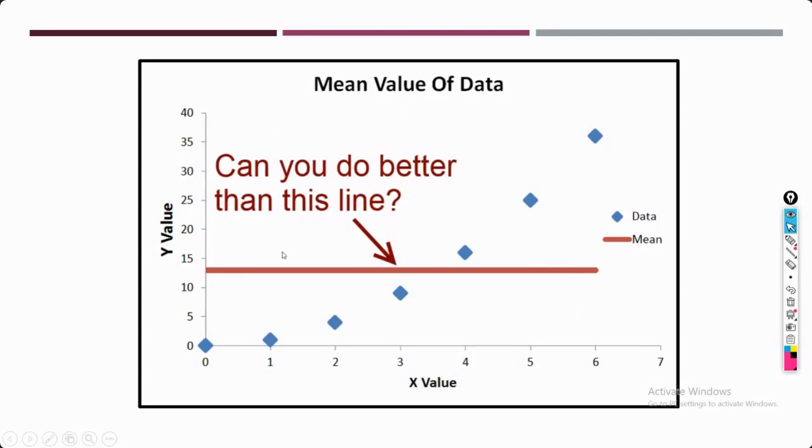Here our objective is, can we draw some other line which is more representative compared to this line? So in linear regression, what we are doing is just trying to find this line, and we are going to say that that line is the representative of your training instances.